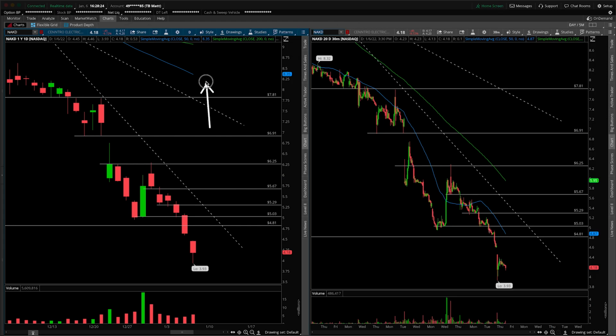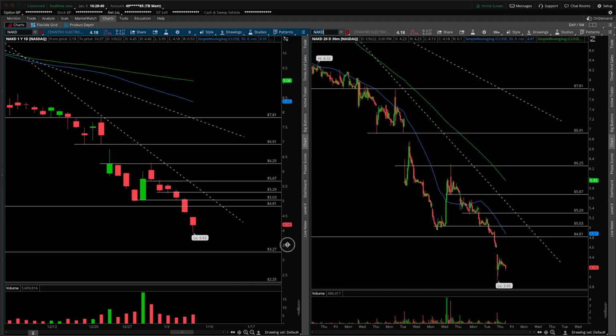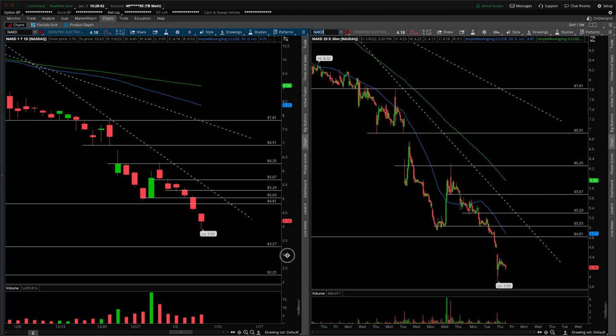On the left-hand side, we have the daily time frame, and on the right-hand side, the 30-minute intraday time frame. First things first, this will, of course, be an update. We talked about it just yesterday. We talked about the fact that breaking down underneath this 4.81 was really not a good thing for NAKD. We basically have no levels underneath us to really be paying attention to until we come into 3.27 and 2.25,